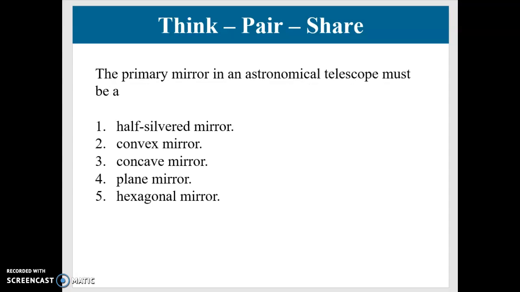And finally, for the think pair shares, the primary mirror in an astronomical telescope must be, out of all of these, a concave mirror. Now, specifically, it's almost always going to be a parabolic shape, but in general, it will be concave. Okay, so that concludes reflection, and now we want to move on to the case of